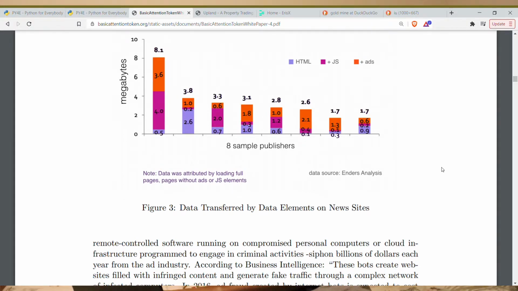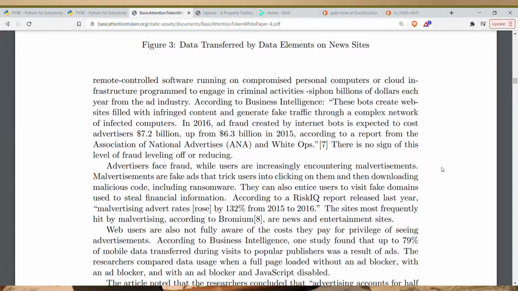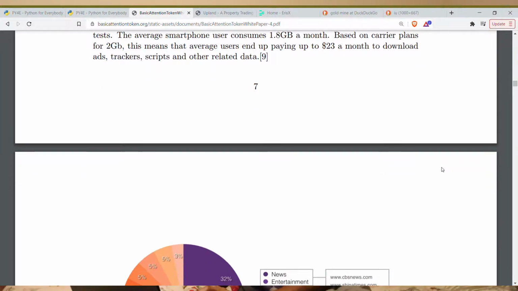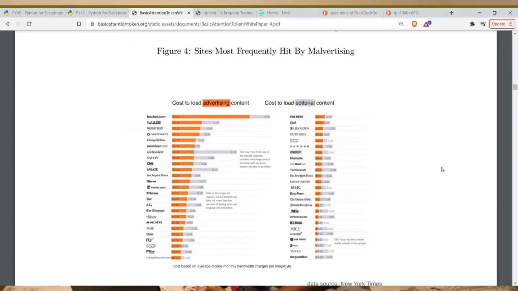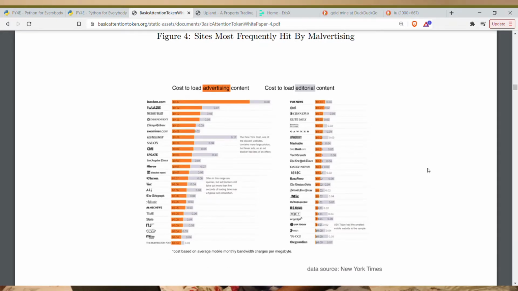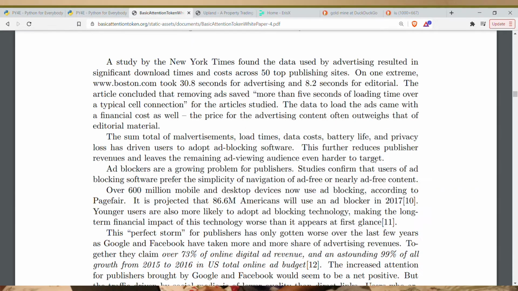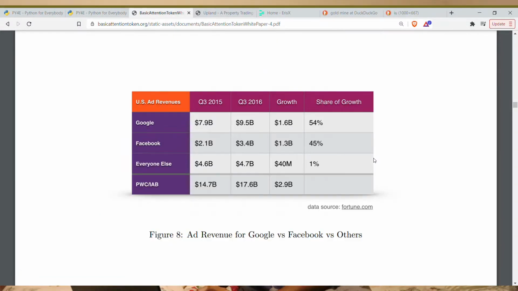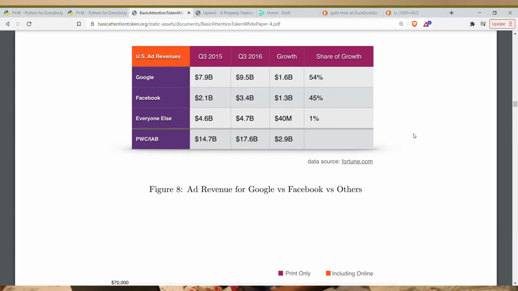This video is kind of long, so I can't go over all of this in detail. They say malvertising, like bad advertising and malware, is transferred. And that's true. It's almost become so standard that people don't really care anymore. A lot of people that use the internet today don't even remember a time where they didn't have to deal with a lot of this crap.